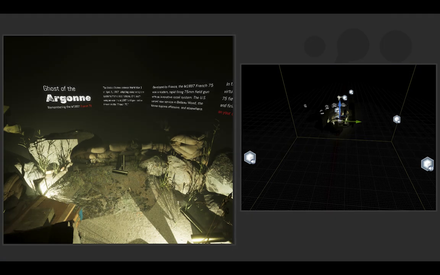So that, along with more, you'll get to hear in both scenes of this experience. And this is the first scene. It's a void-like setting with objects related to World War I populating a natural environment. Now, in the picture to the right, you see a few blue hexagonal icons surrounding the zoomed out view of the scene.